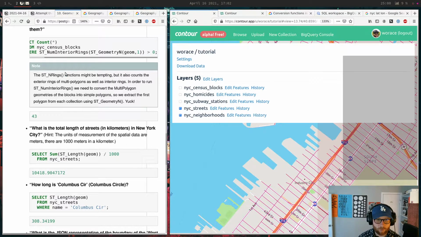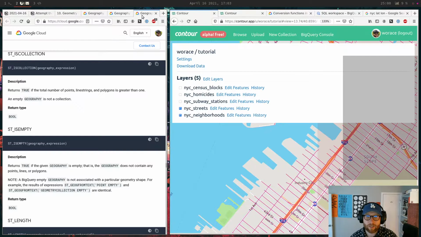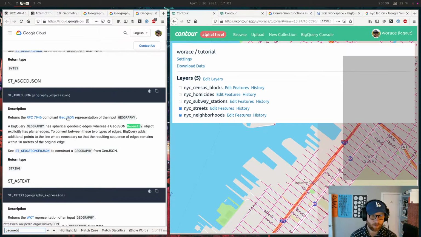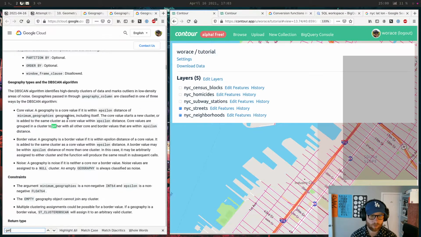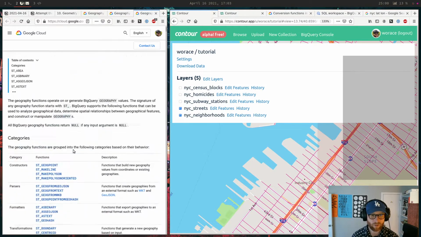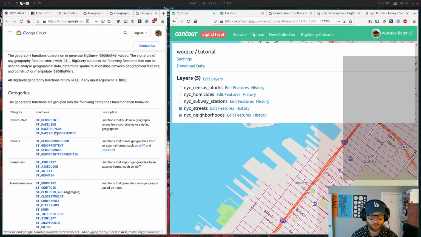I think that's what this note is saying here. This note says the ST interior rings function might be tempting, but it also counts the exterior rings of multi-polygons as well as the interior rings. Yeah, which we obviously don't want. So you use ST geometry N. Do we have that? ST geometry N? I bet there's some kind of explode or something. Make polygon.